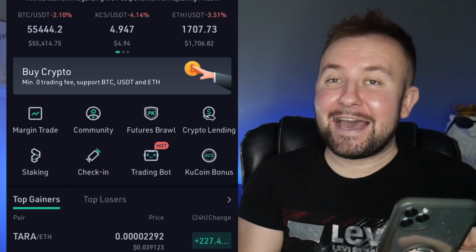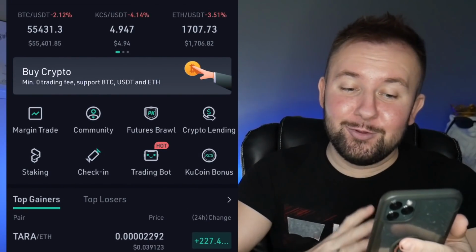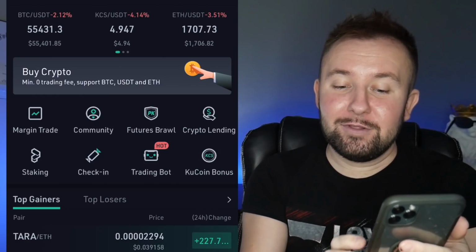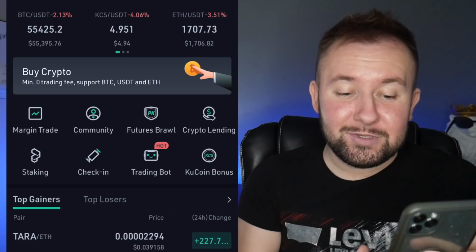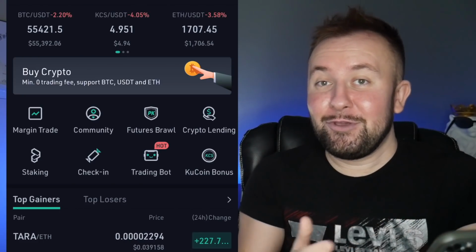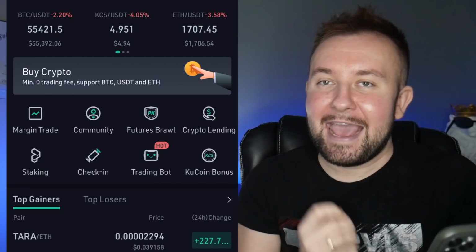Alright, so now we are inside of my KuCoin account, and as you can see, the app looks absolutely amazing. They have the crypto lending, the daily bonus, the trading bot, which I'm also using. They have the daily check-ins where you can win free prizes, but we're going to be talking about trading XRP